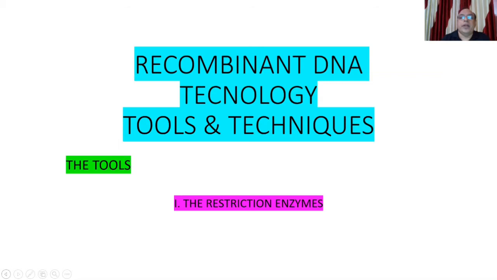Recombinant DNA technology, as I have told you, is concerned with producing recombinant DNA derived from different sources and inserting it into a living system so that the DNA can be multiplied, having so many copies. A DNA library can be formed, DNA can be cloned, and the desired results can be observed.